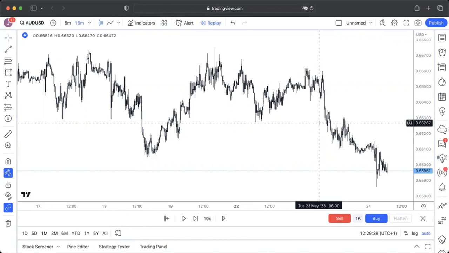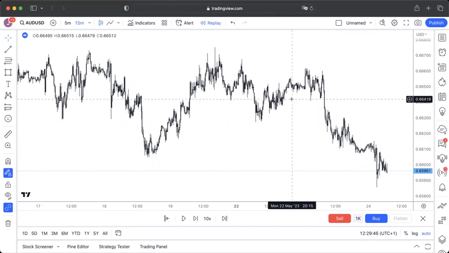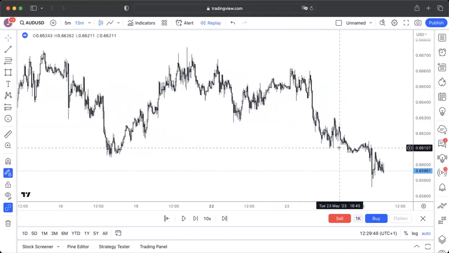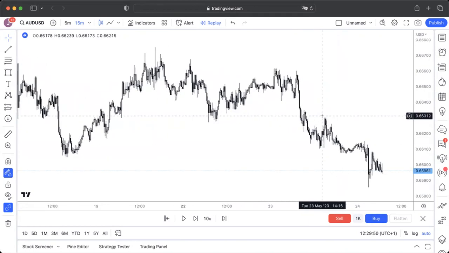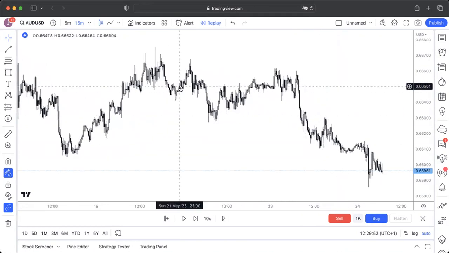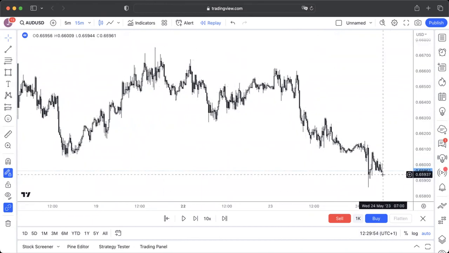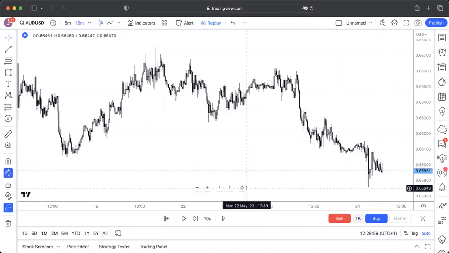As you can see already, if you're looking at the trading plan, if you're looking at the cheat sheets, which I'd hope you are, the first thing we do, step one, is open our chart and get 2 to 3 days of data on that chart. So this is Aussie dollar USD. We're starting from the morning of Wednesday, the 24th of May, and we need to get 2 to 3 days